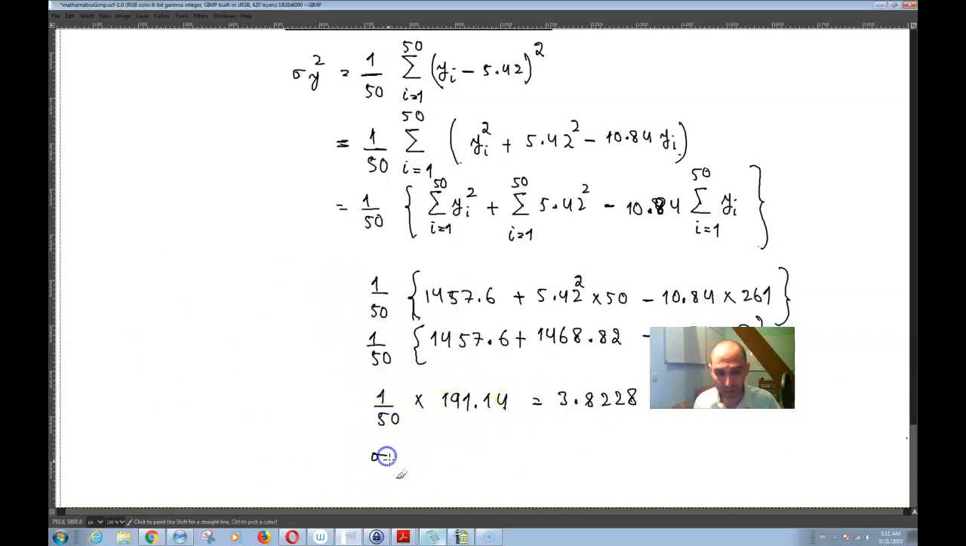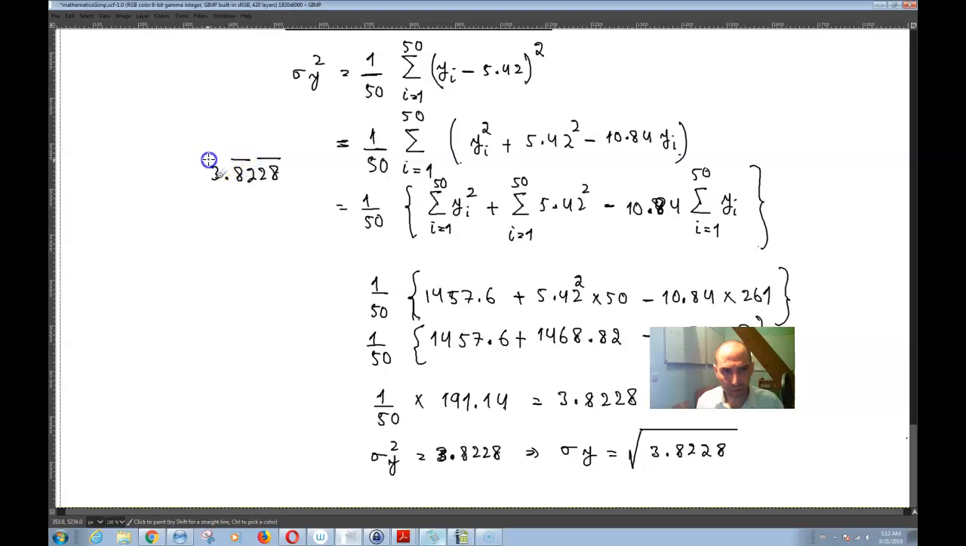So that means that sigma of y squared is equal to 3.8228. That means that sigma of y is equal to the square root of 3.8228. If I want to take the square root of that, you will get